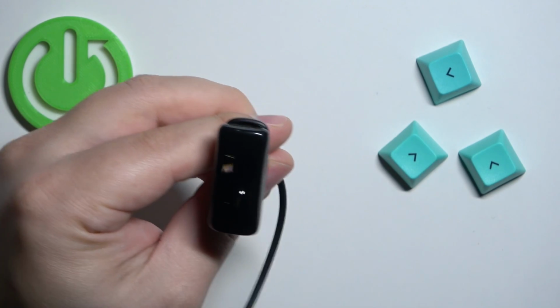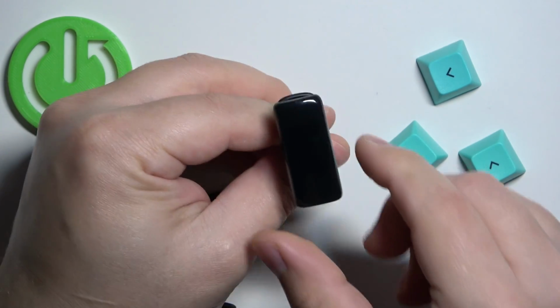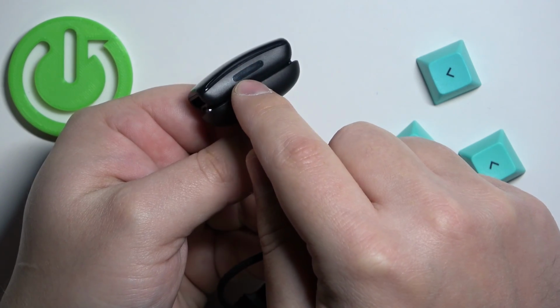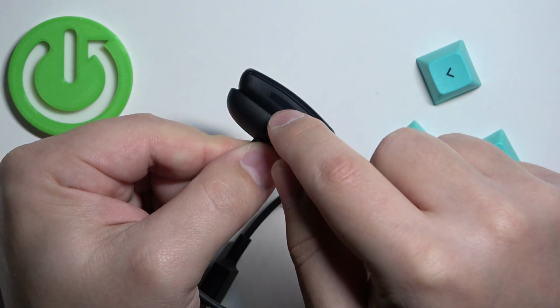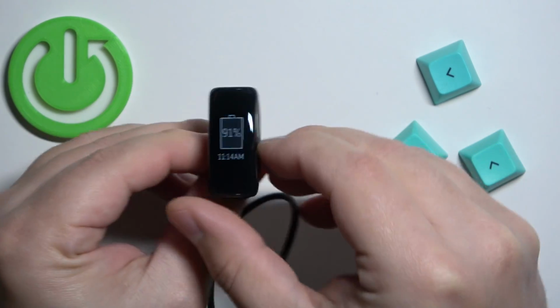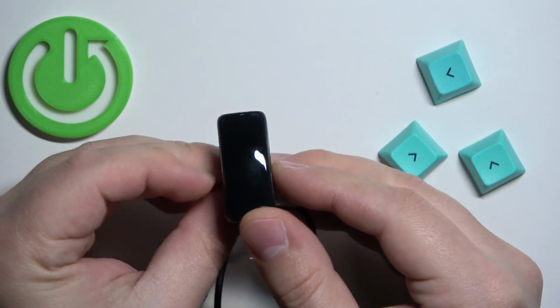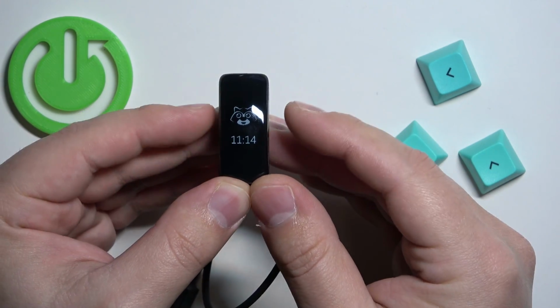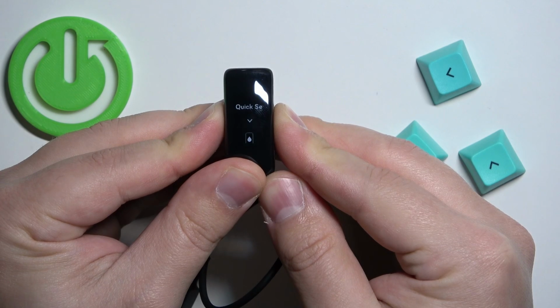And once it's charging, you need to press the side buttons or other touch sensitive buttons on the side of the Smartband. You have two of them on the left and right. You need to press and hold them and keep holding them until you see the smiling face on the screen. So let's press and hold the buttons, keep holding them,